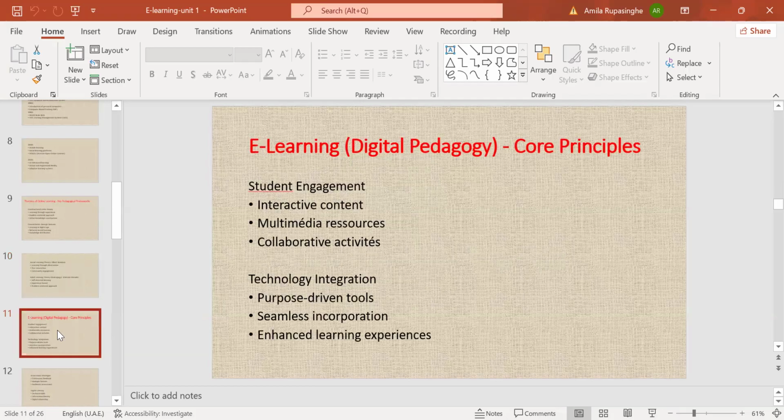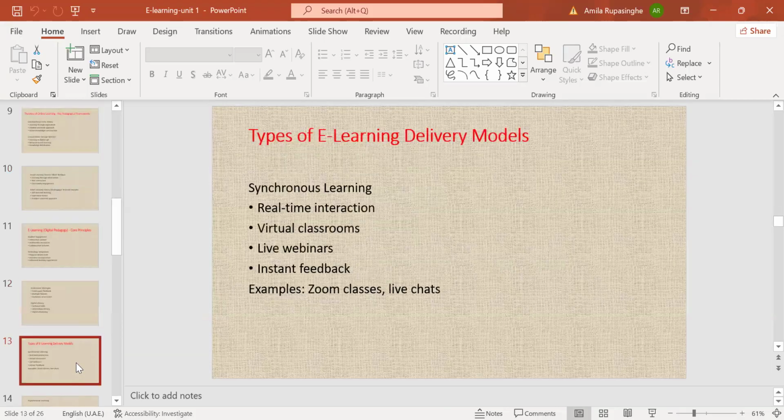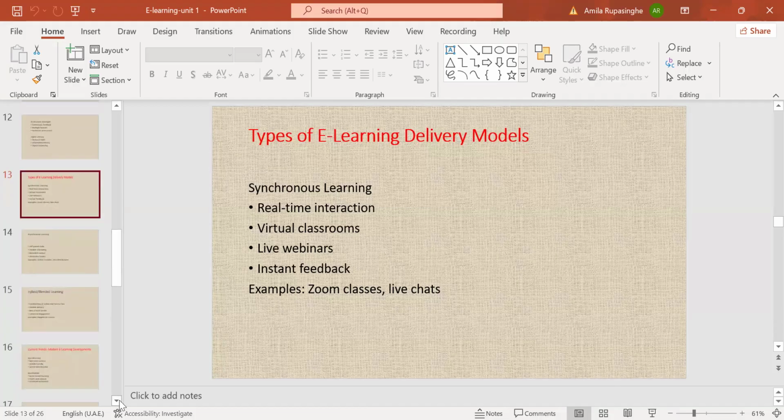Right. These are the core principles that we have to use in e-learning: student engagement, technology integration, assessment strategies, digital literacy, right? Then types of e-learning delivery modes. Synchronous learning means real-time interaction. You have to connect lively with the teacher like you do right now.